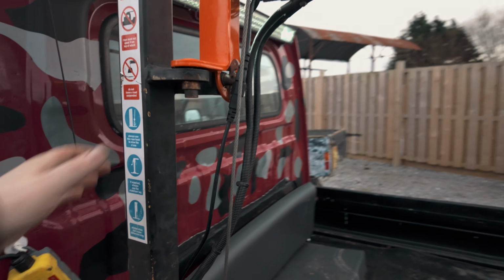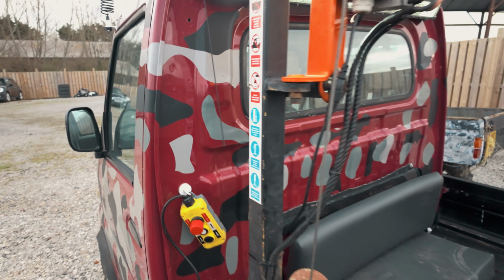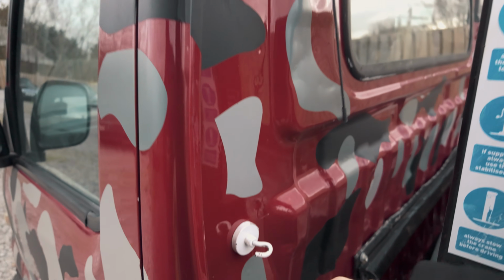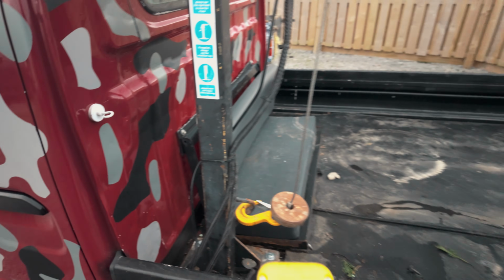That's fine. We've got the crane bolted back in, which does work. The guys have put one of our magnetic hooks on here. So which way around is it? Going out,